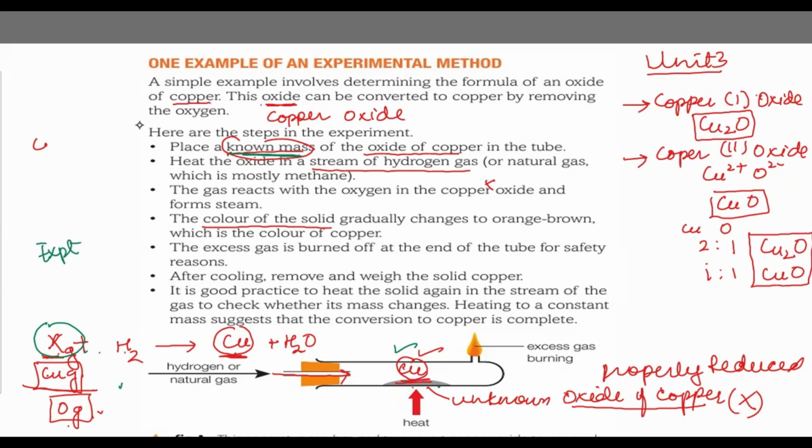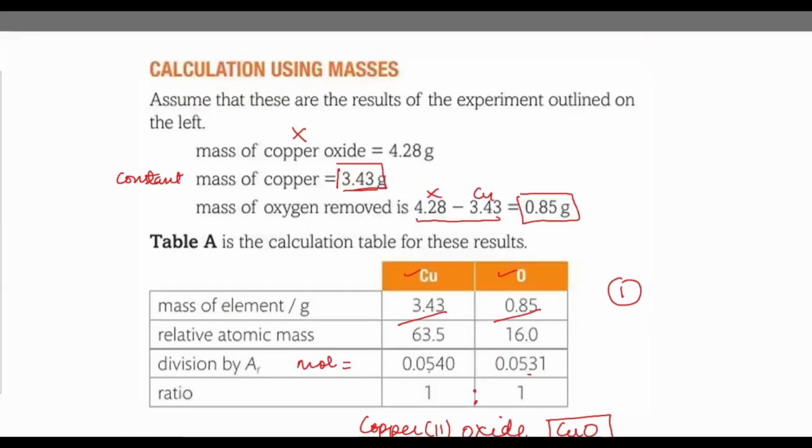Now, once we have the mass of copper and the mass of oxygen, we compute them in order to get the ratio. So this is our calculation part, but to find out the mass of copper and oxygen, we performed an experiment. All right. So we can get a question where the masses are given to us and they simply ask us to calculate the empirical formula, or they can give us the data in the form of an experiment, and we have to find out the masses of the elements forming the compound through these steps, and then later calculate the empirical formula.